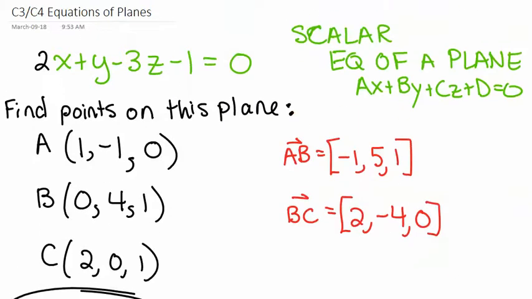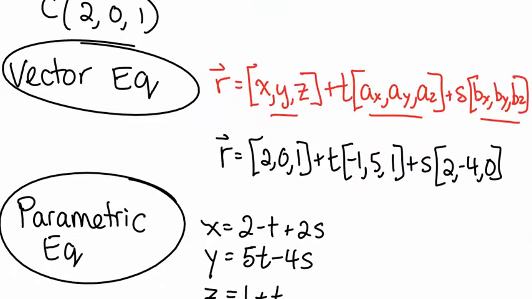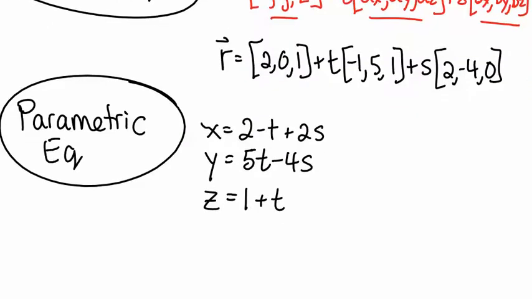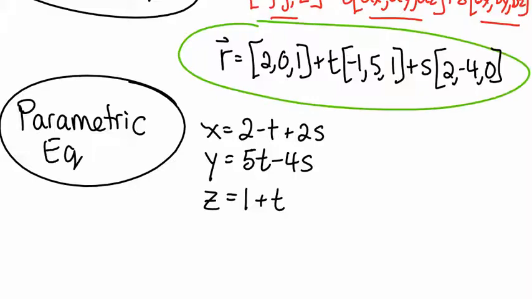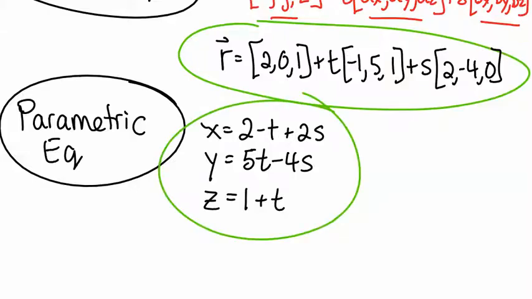Okay, awesome. So now I have a scalar equation, a vector equation, and a parametric equation. All of those things I need to know for planes. Let's say we didn't have our scalar equation. If we just knew our vector equation and our parametric equations, in order to get from there to create a scalar equation,